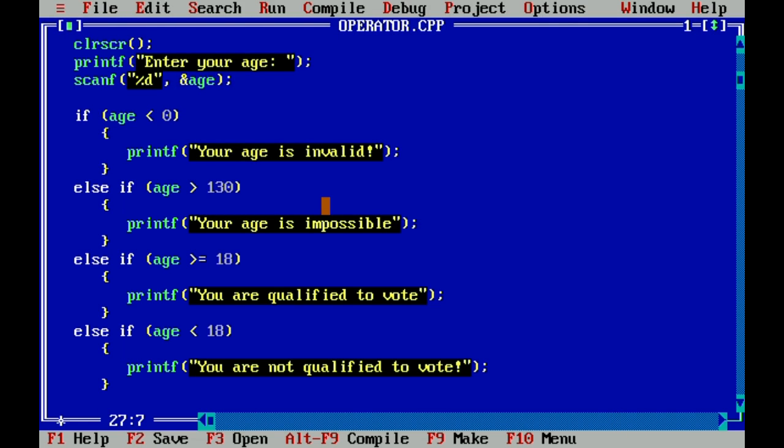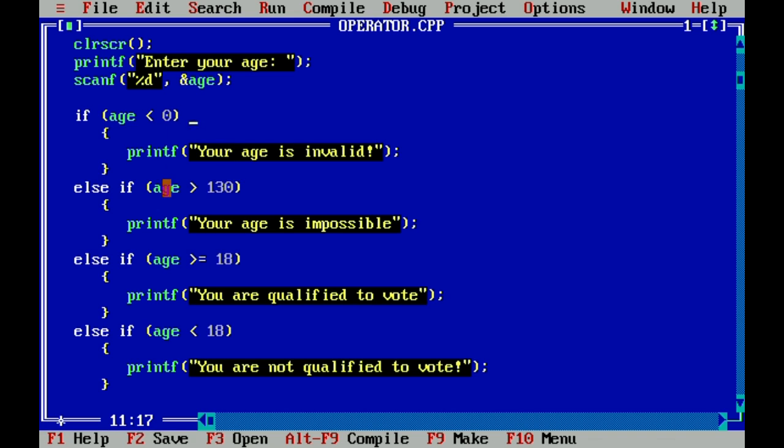So what's important here is that you know what are those conditions that are needed in your if else statement. In this case, you may have other solutions for this one, but this is just one of the solutions that you can have with this particular problem, wherein you are going to identify if the age that is entered is qualified to vote or not, and if you have invalid ages like negative values as well as a value of age that is impossible.